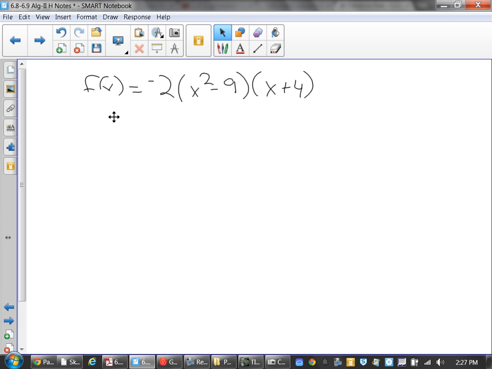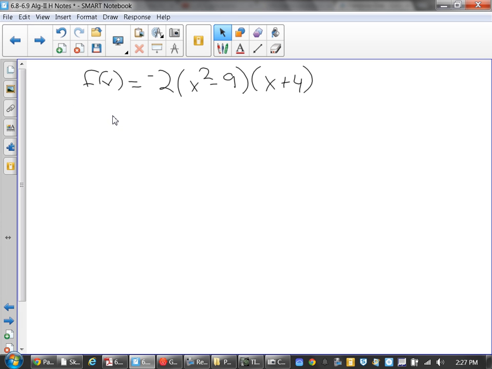Remember, what most people forget here is when you have x squared minus 9, what are your zeros? Plus or minus 3. It's a difference of squares. So you have zeros at